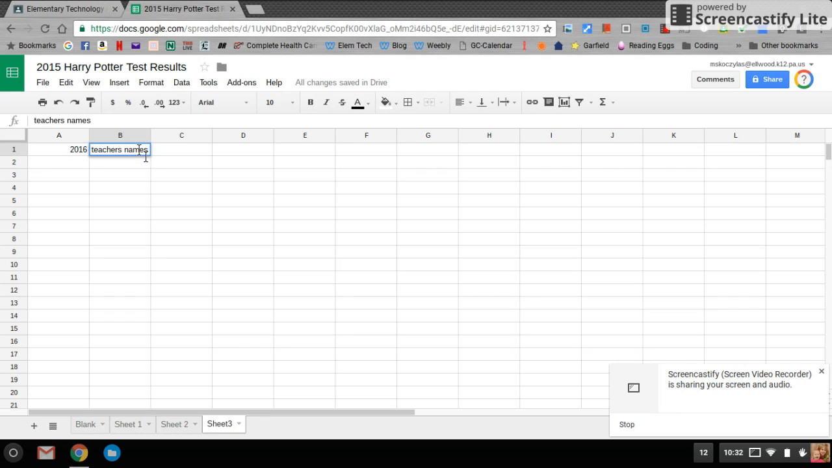So you'll go through B1, C1, D1, E1, and put in all the teachers. On the side, what you're going to do is you're going to type in the houses. Ravenclaw, Gryffindor, Hufflepuff, and Slytherin. Now notice all that you have to do is click on the cell that you want to type into and start typing. If you make a mistake, you can always backspace it,